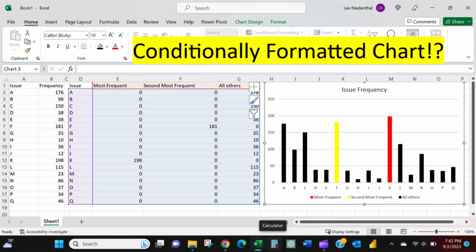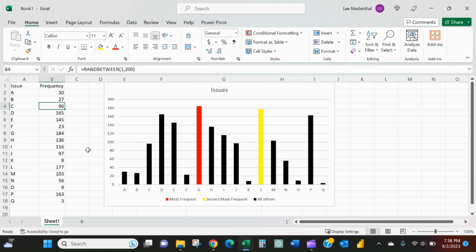Today, I want to show how you can use conditional formatting. Not exactly, but how you can kind of cheat your way into it on charts. So here I've created a chart that will conditionally format the most frequent issue or the highest bar here on